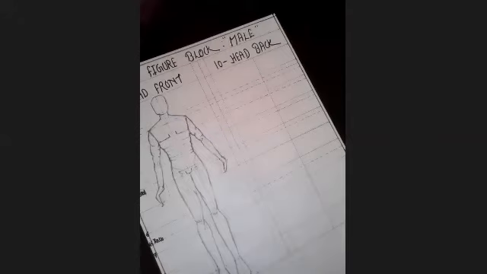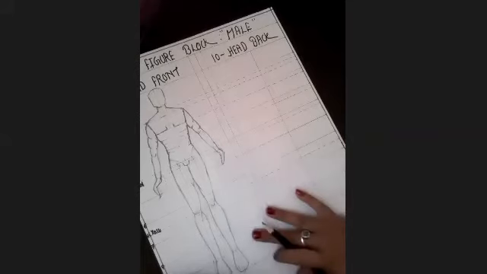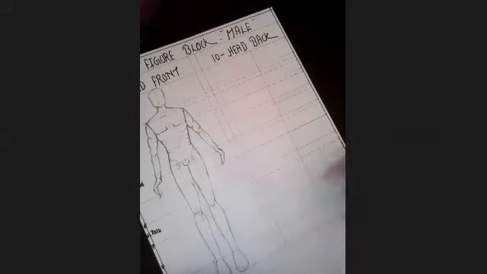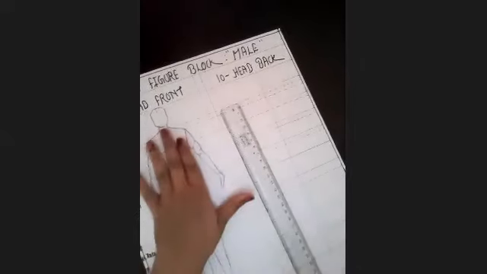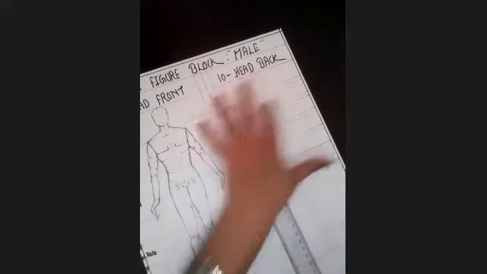Now I'm heading towards drawing the 10 head back. You have seen the male, and now you will be understanding the back of male. I hope you remember what we learned in our earlier classes, especially while drawing the backside, what all things you have to consider. I'm going to quickly start drawing it so that step by step you will understand. This is going to be a revision for you, same as the 10 head front, because it is the same structure, same measurements on both sides.